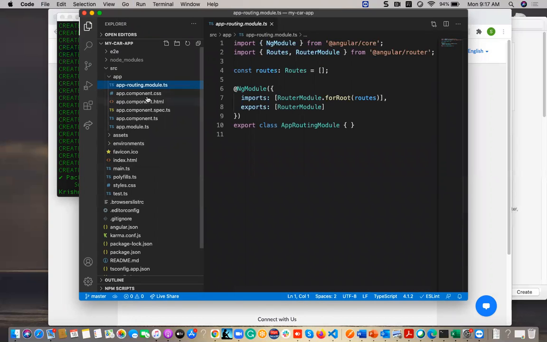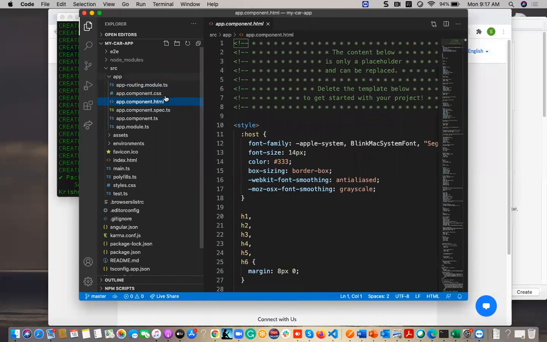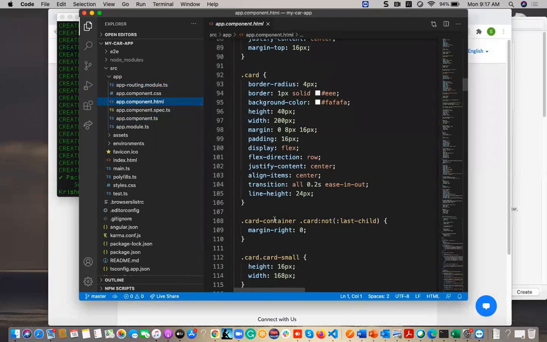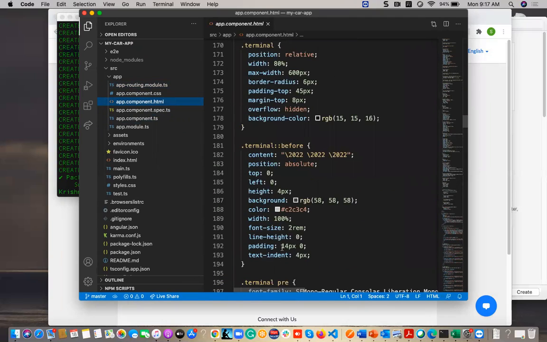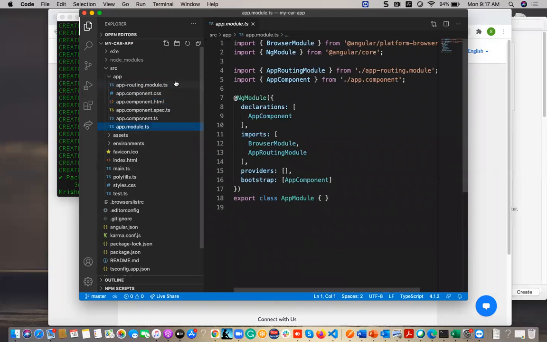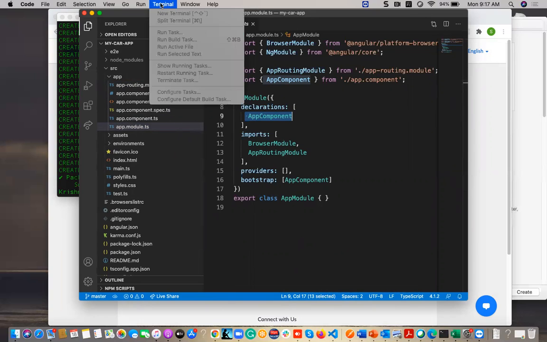By default I will have this app component, and also I will have app.component.html. Last time we saw what this HTML is and how it is styled. So all this app component is declared here in the app module, and this app component will be bootstrapped to the main application.